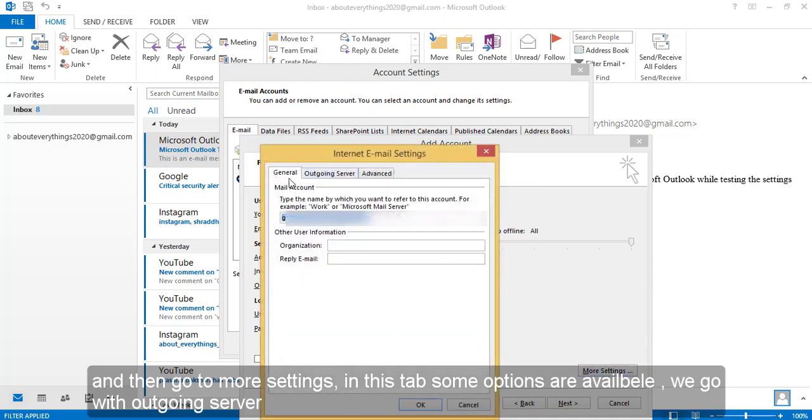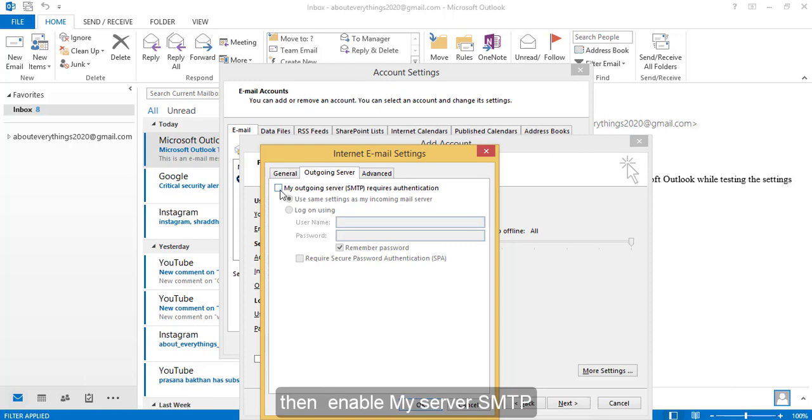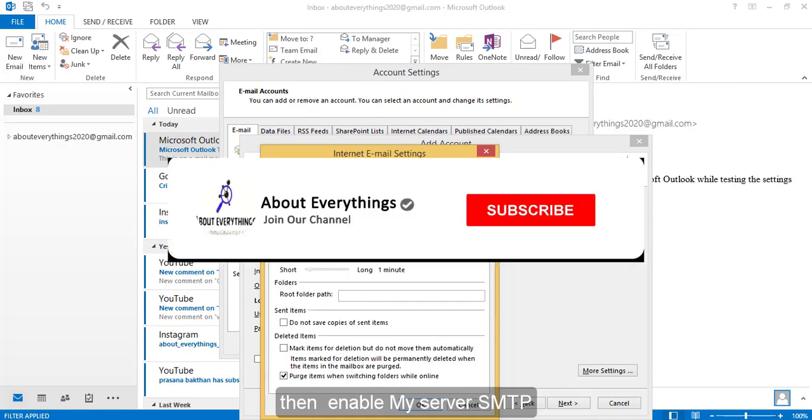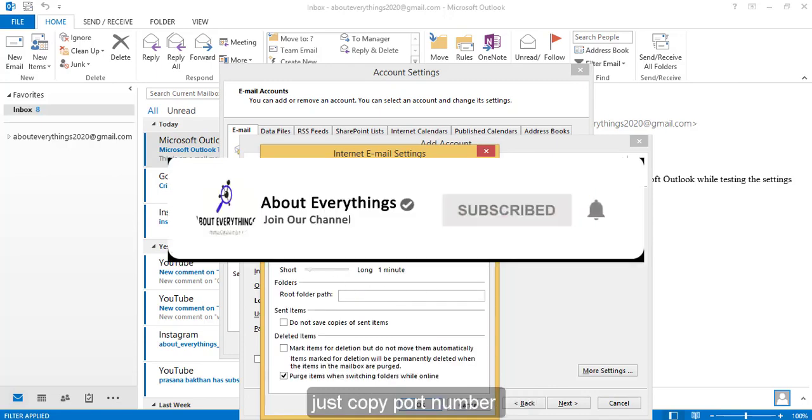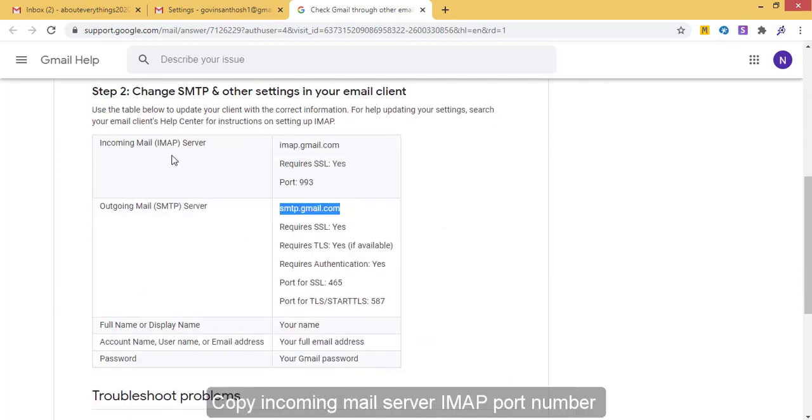In this tab we have general, outgoing server and advanced tabs available. We move to outgoing server, then enable my outgoing server SMTP. Just enable it and go to the advanced tab. In this advanced tab, port numbers are available. For the incoming mail server, the IMAP server port number is 993.